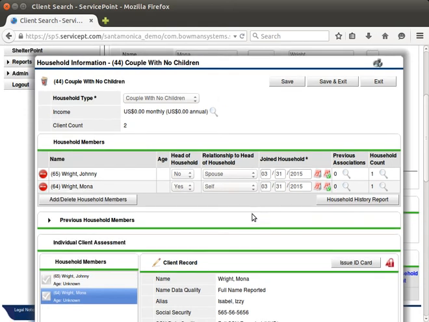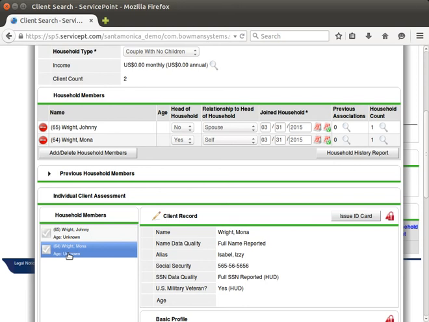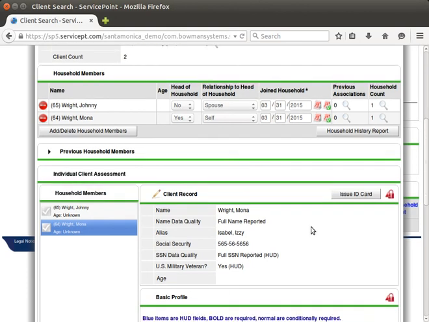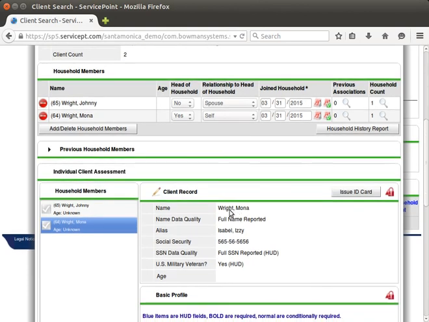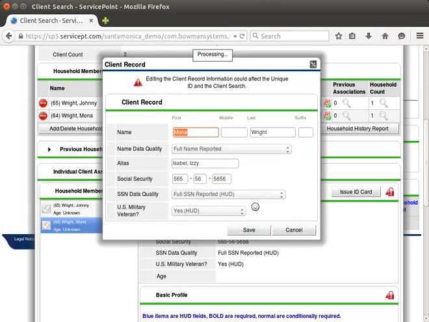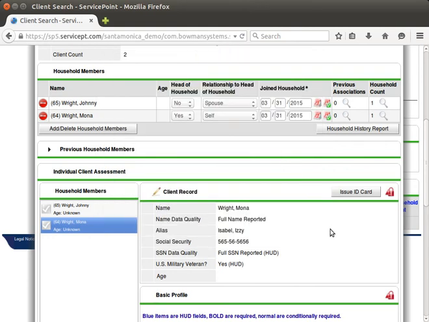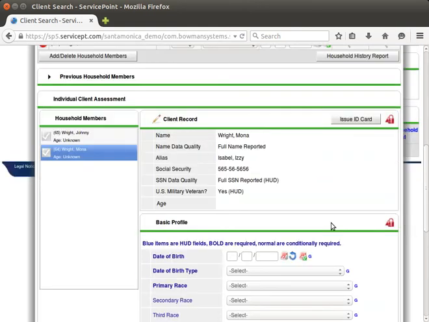From this point, I can now see that I'm still on my head of household's record. I have her information up on the screen. If anything's incorrect, I could correct that now by clicking on the pencil to bring up the fields to edit them. It does tell me that we'll change the client's unique ID. That's okay. If I need to edit the information, this is the place and time to do it. I don't, so I'm going to click cancel there and scroll down,